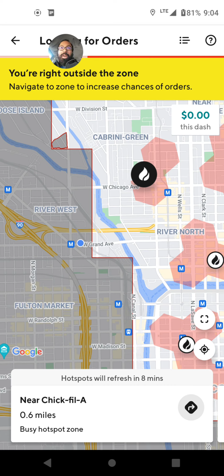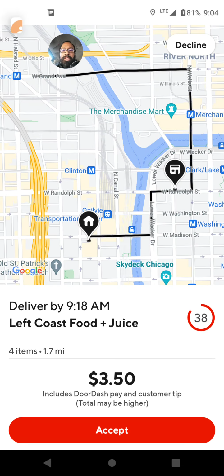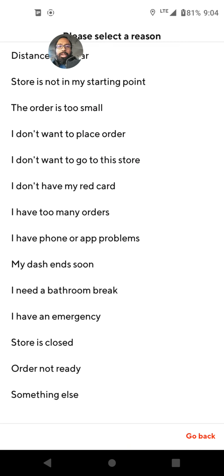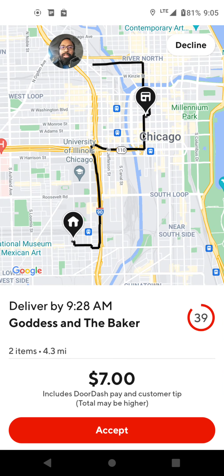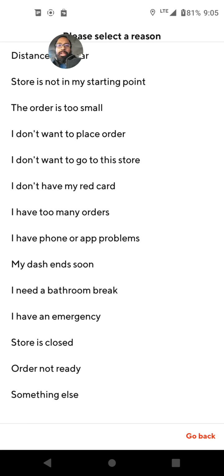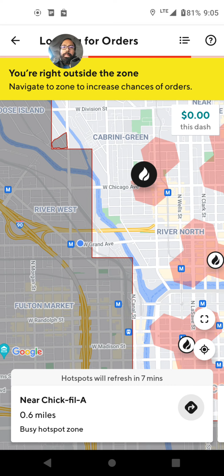This is DoorDash's start low and go high. And let's see. 350 still. Maybe we'll wait a little bit longer. I want to see if the Chick-fil-A has moved up at all. Also, maybe some restaurant brands, they'll move it up quicker than other restaurant brands. I don't know how that's going to work exactly. That one was still for 7. At 9:06, it's 9:05 now. I'm going to stop, and I'm going to go back and...